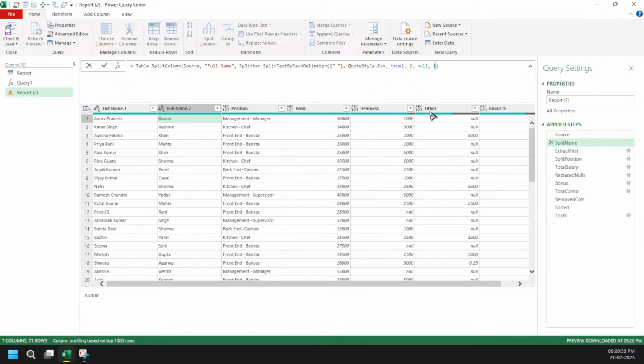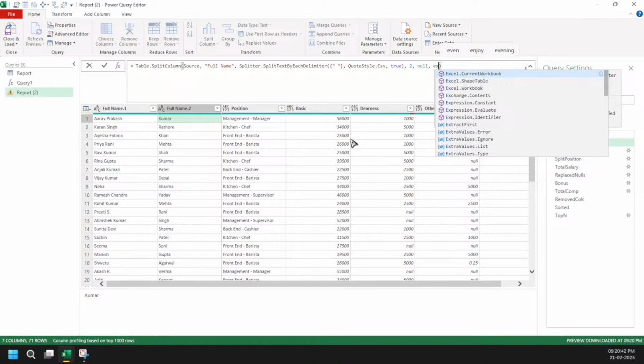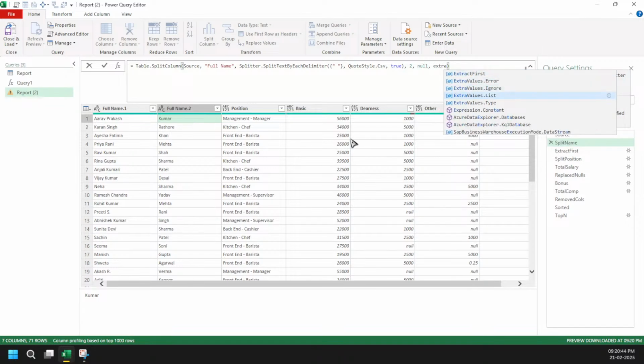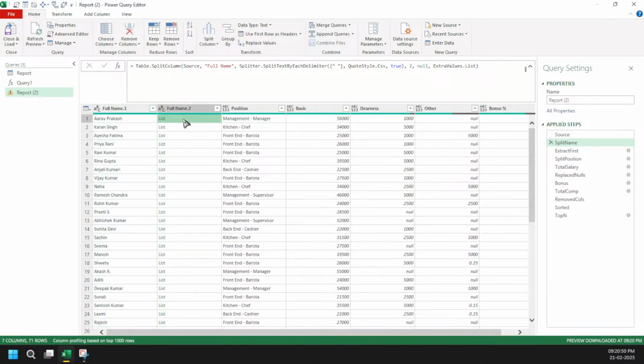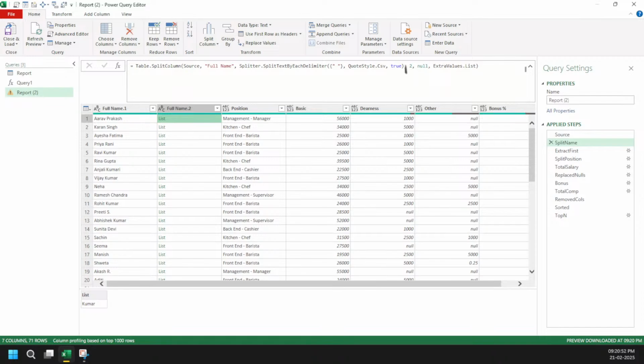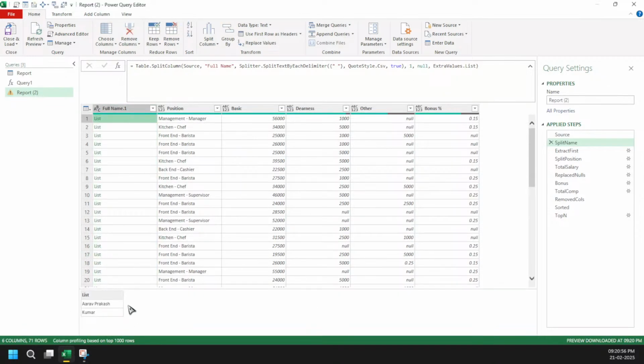And let's say I wanted to show extra columns as any extra columns, and I want the extra values as a list. The moment I do here, you can see, because I got my first column only, everything is in a list format, right? So that thing is happening behind the scene.